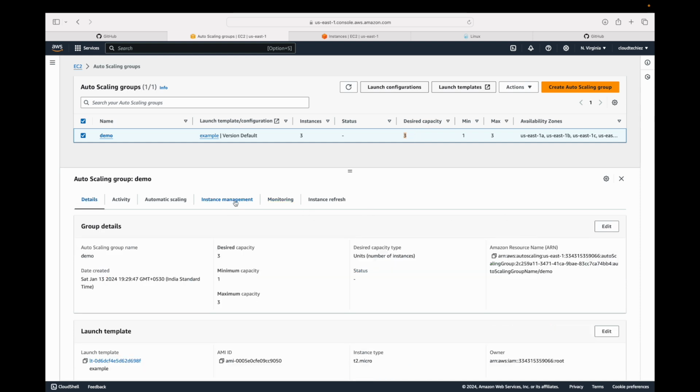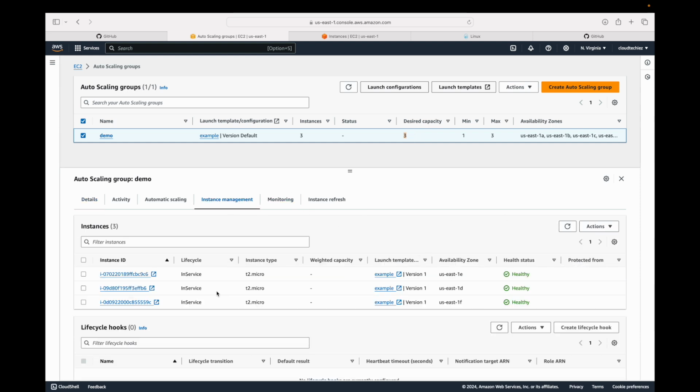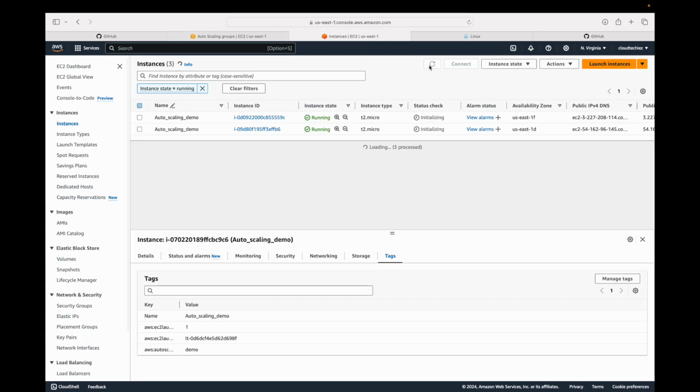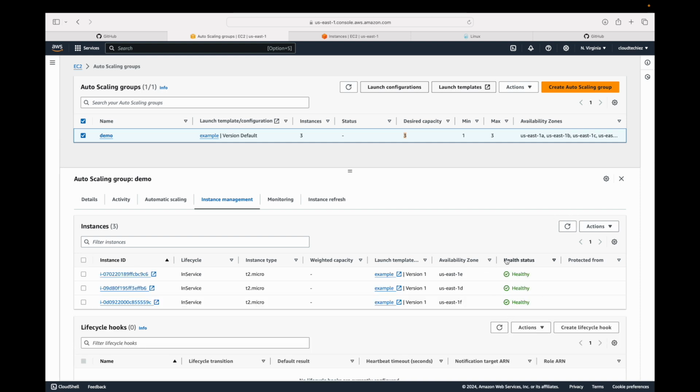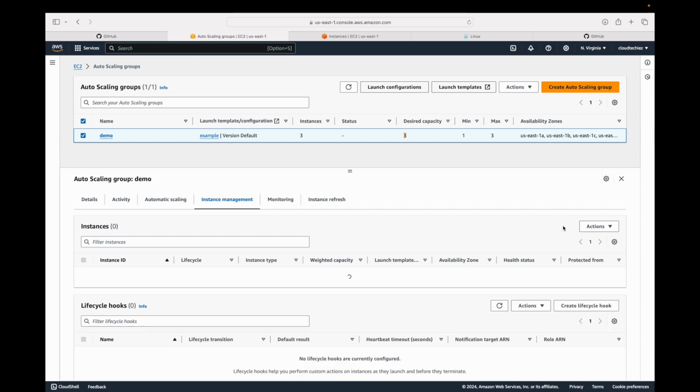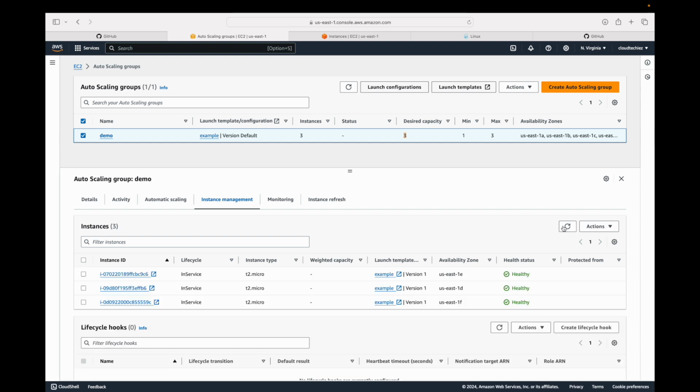So we have defined 3, but my auto scaling group will understand that there are only 2 instances. So it will make sure that it always maintains this fixed number of instances for us. Let's give it some time. Like I said, this should start launching a new instance. First, this auto scaling group will need to know whether this instance is terminated or not. That's going to take some time, so I'm going to pause my video here. Okay, so